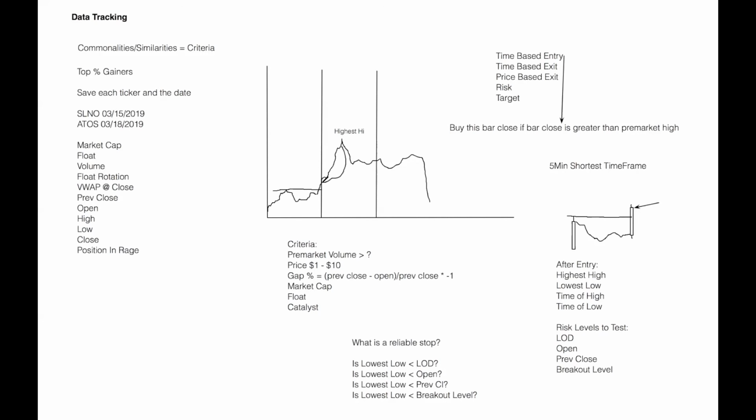After your entry point, oh, that's a really bad curve. After your entry point of that bar close, let's actually color that different. Let's color it green. You're going to ask, not in green text,